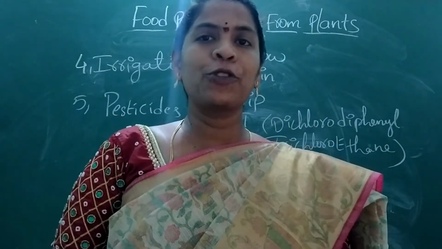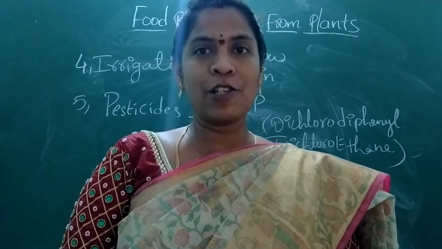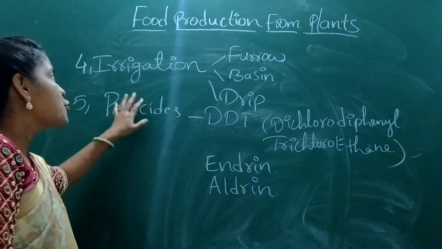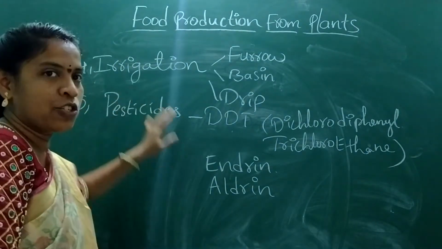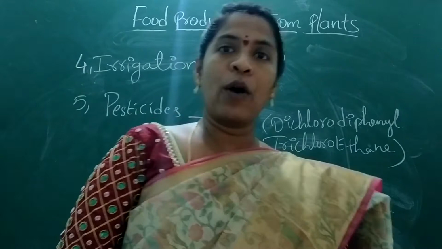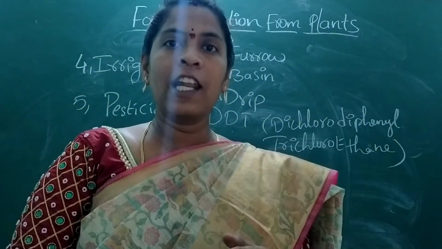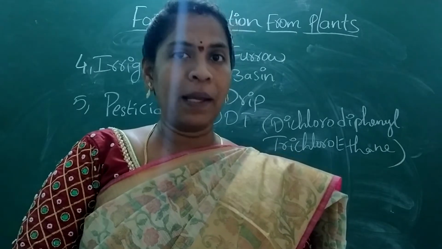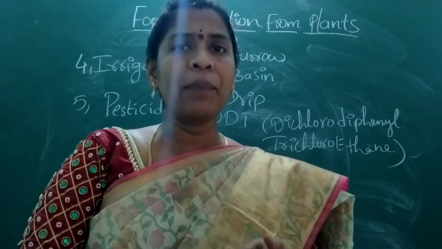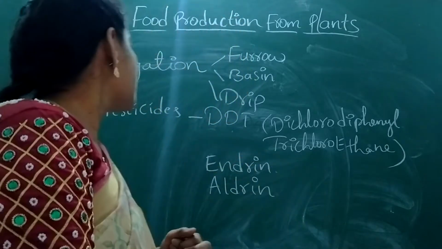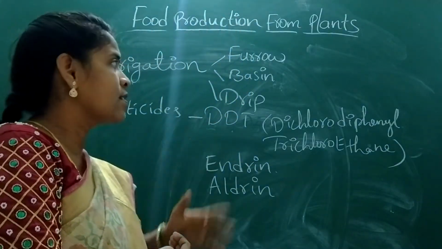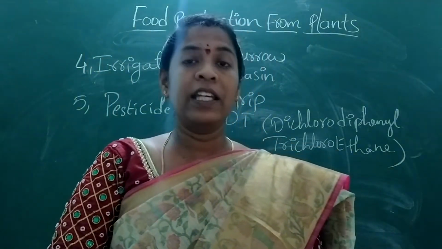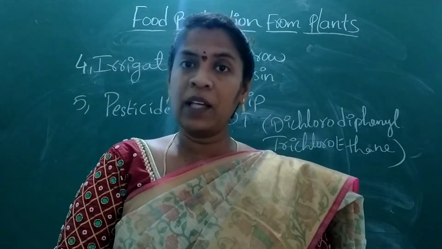So today we are here to know about some other practices of agriculture. In some other practices of agriculture, the first one we have to look at is irrigation. Before, we discussed that we plow the soil, later we sow the seeds, and after that we apply manure. Then after applying manure, what is done? Every day we have to irrigate it. Irrigation means giving water, supplying water.